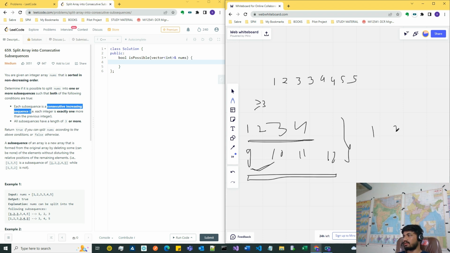Whereas something like 1, 3, 4, 5 is not valid because even though it has size greater or equal to 3, it is not consecutive. So the question is whether this array can be split